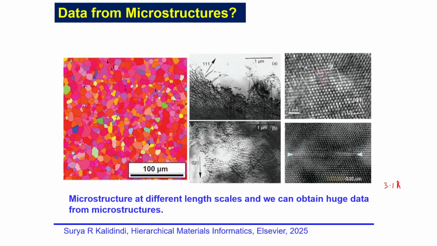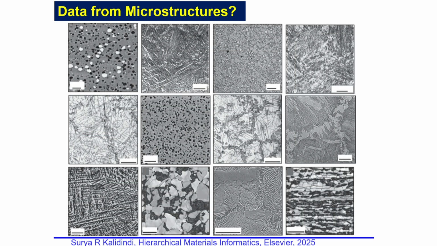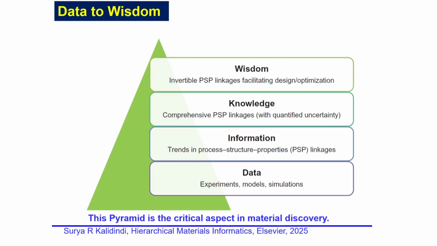So we can actually get a lot of data out of it. We can actually make a lot of data out of it, by the way. They exist, correct? You can see that in the real world. So you can do that, and that is the idea. And there are different kinds of microstructure at different length scales. This is pearlite, you can see here. So there are many types of microstructure in the literature. You can get it and do that. A lot of data can be extracted from it.